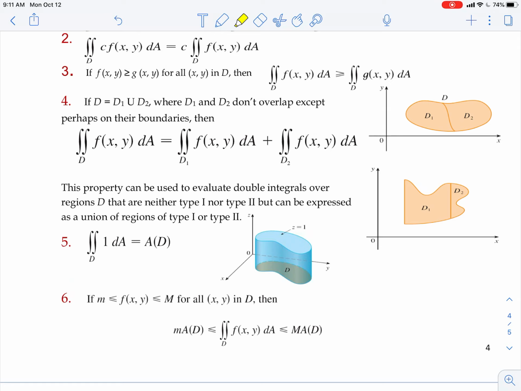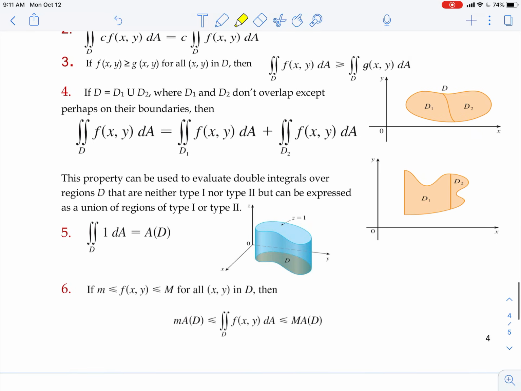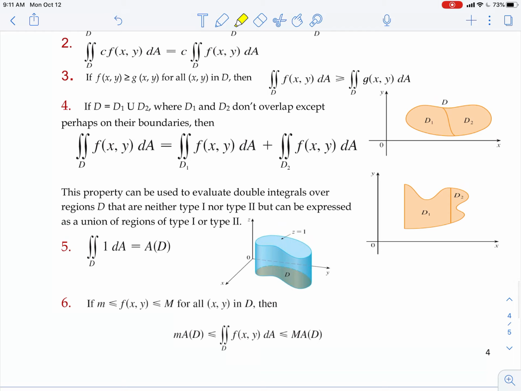Again, we can do the double integral of dA. It's just going to be the area of D, the region D. And then if m is less than or equal to f of x, y, which is less than or equal to big M, if our function is in between m and big M for x and y in D, then we can use the area of our region multiplied by both those m's. All right, and I'll talk about it later when